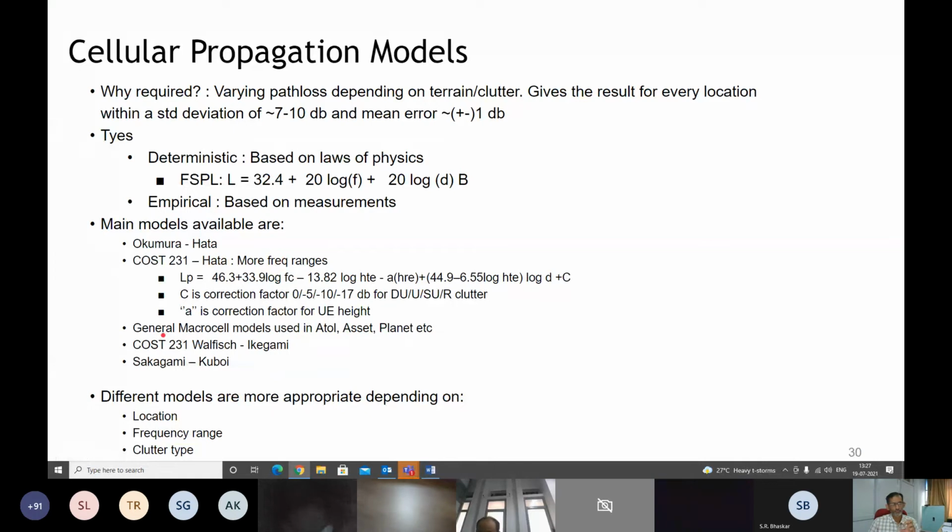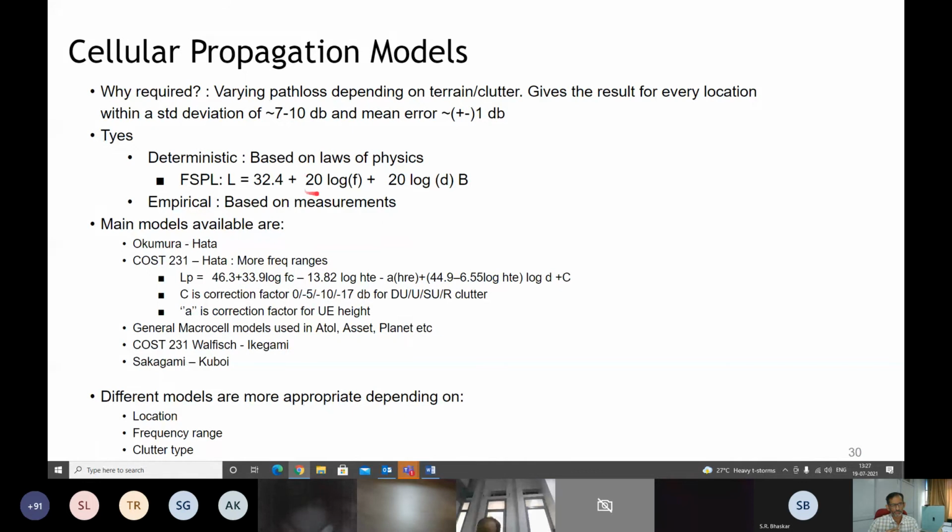With that, for example, you go to a state like Maharashtra. The entire state of Maharashtra is not similar. You may have a very urban cluster in Pune city, a very hilly cluster in the Konkan area, and then a very flat terrain in, say, the Latur area or somewhere. So these are different areas. You should not use the same formula everywhere. Different coefficients will be used in different areas in order to be more accurate.